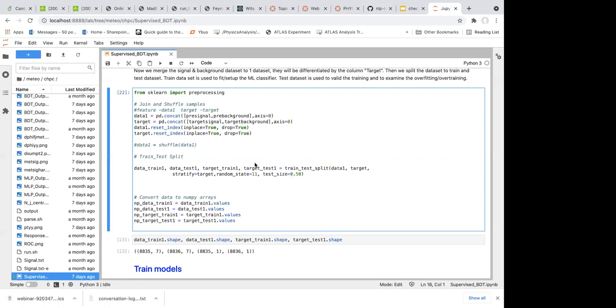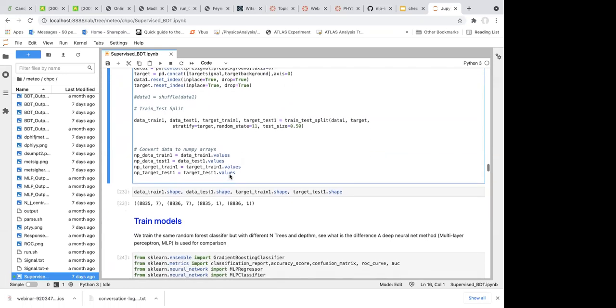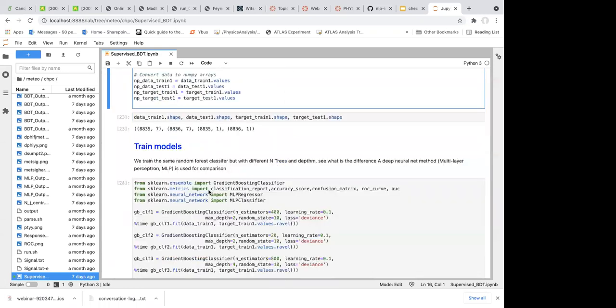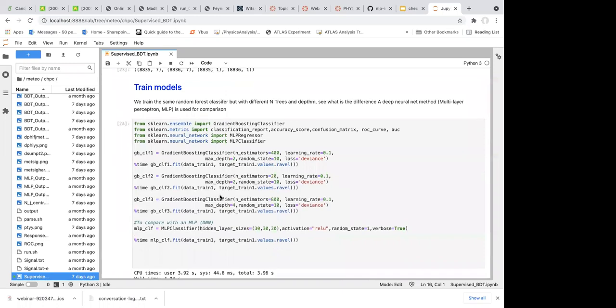So we will only use the training data set to train the models, the machine learning classifier models. Last week we introduced this a bit. These are the training models that we are going to use to split the signal and the background.